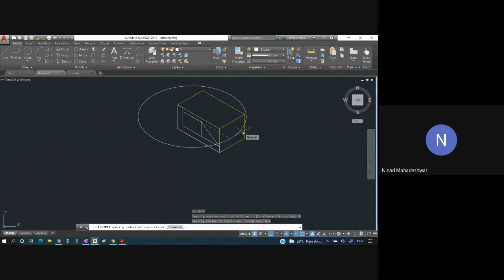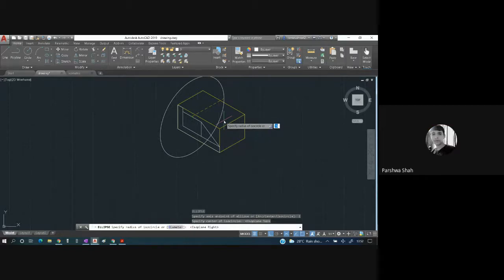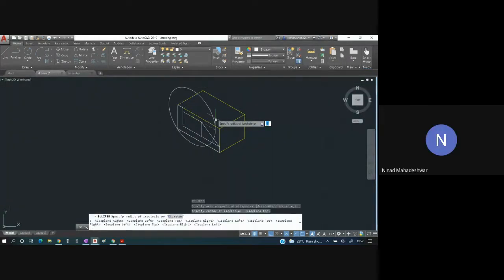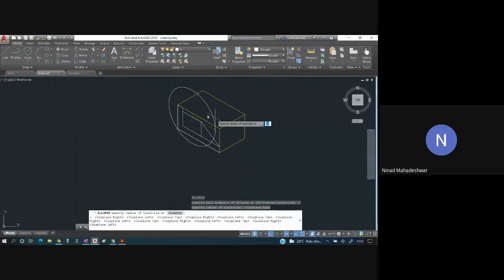But can you tell me in which plane this is? Students, can you tell me in which plane this is? XY plane, top view plane. Okay, this is in the XY plane. Now I will press function F5. Is this the plane in which we have to draw? No, sir. Again F5. Is this the plane in which we have to draw? Yes, sir. So if you press F5, all the planes are going to change. Select that plane accordingly. Now I have selected the plane.